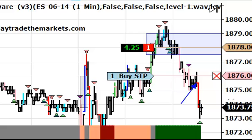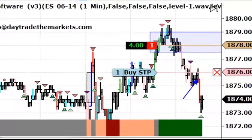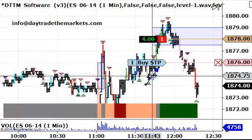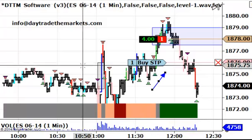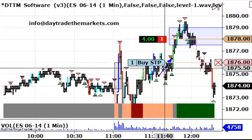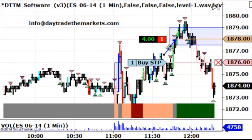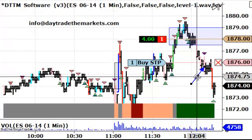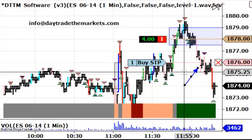When I was looking at this before, I really thought it would probably come back up after taking a bit of a dip here. In other words, I was anticipating more of a test into this area. You can see here that, and we'll move it over a little bit, we had good buying from here in this level 2 buying, the green bar, another 2 level 2 buying and buying. I really thought it would probably come down in here and then perhaps turn back up. But we just want to watch and see what the market gives us,